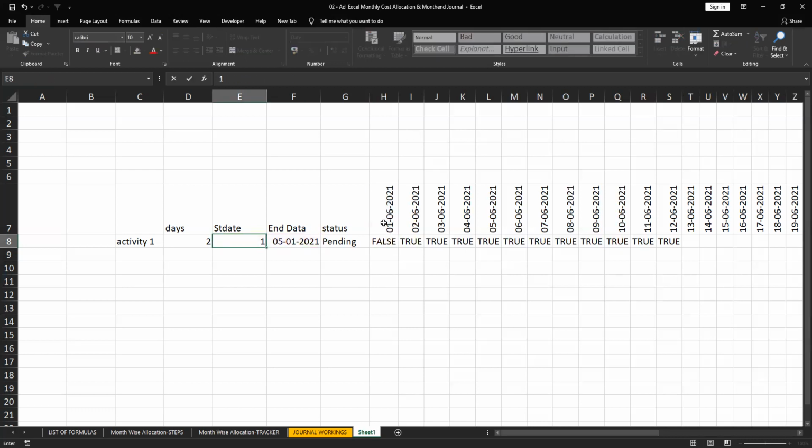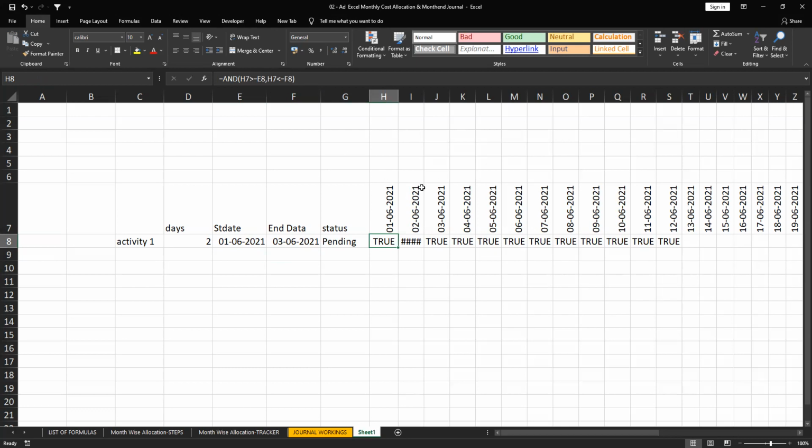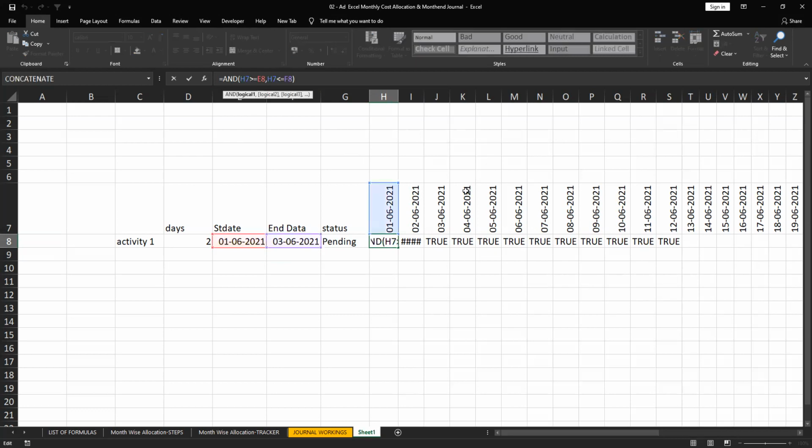Now the logic is H7. H7 should always be greater than this, right? So H7 is this, so 7 should be fixed.